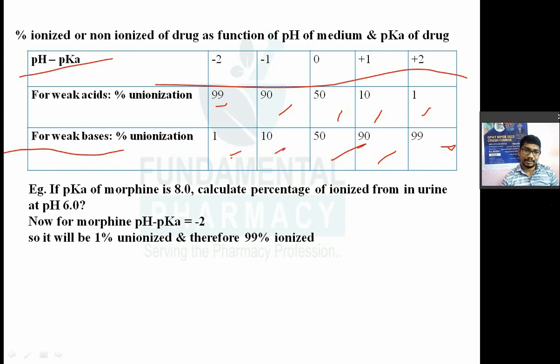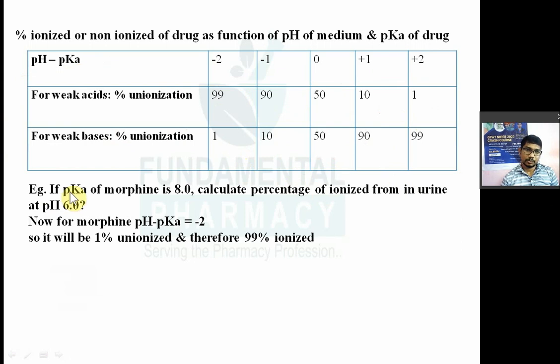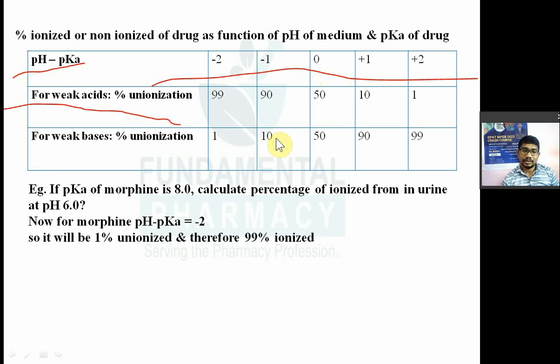Okay. Now if pH minus pK value comes -2 for weakly acidic drug, so 99% of weakly acidic drug will be unionized. If pH minus pK value for weakly acidic drug comes -1, 90% of drug will be unionized. अभी देखो 99% अनआयोनाइज्ड है, मतलब 1% जो बचा है वो आयोनाइज्ड है। यहाँ पे अगर 90% अनआयोनाइज्ड है, मतलब जो 10% बचा है वो आयोनाइज्ड है। ठीक है।